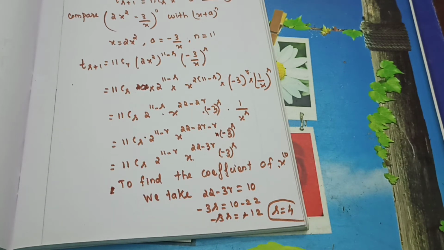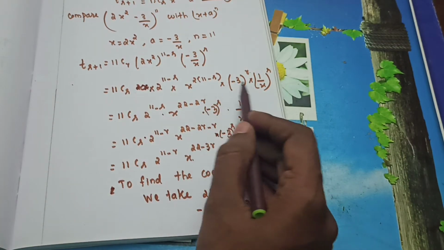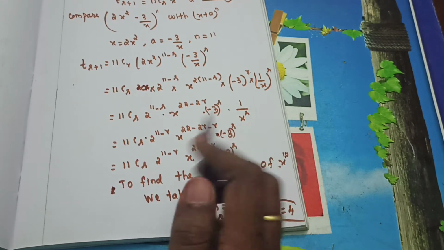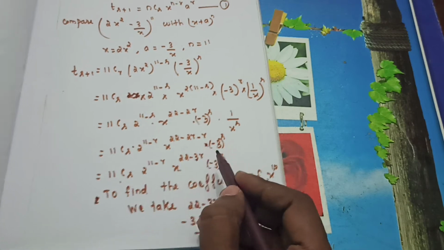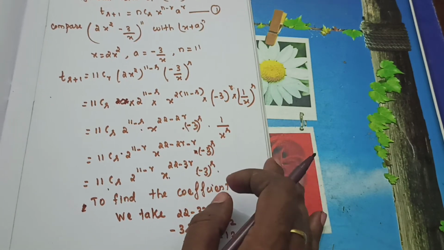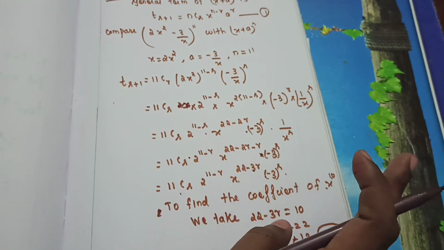We need to substitute in the coefficient of x power 10. Now you got the r value. So just I equated, and for this only I am changing this as x power. So don't omit any x powers, x power alone we need. Now you can substitute all the values here. Let us take this equation as 1 or 2 or something. You can take it and substitute it. Otherwise the given equation itself you can substitute. Both are correct.